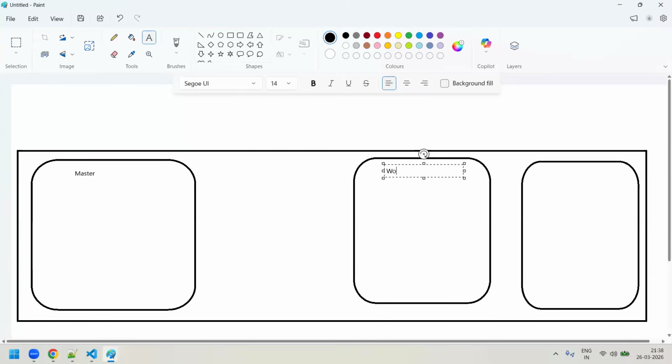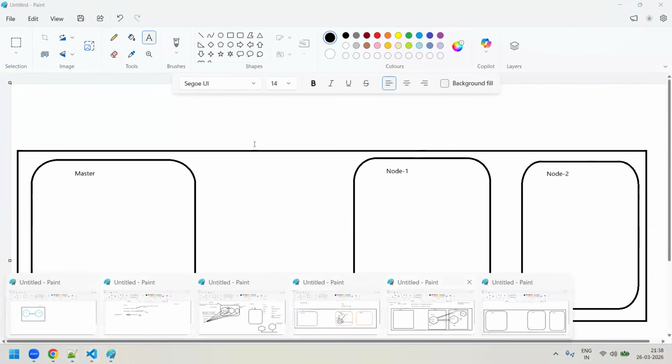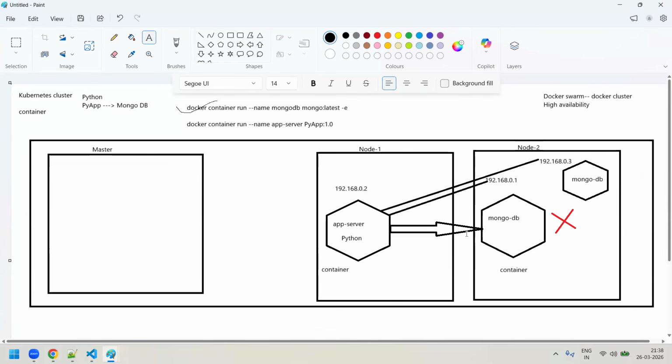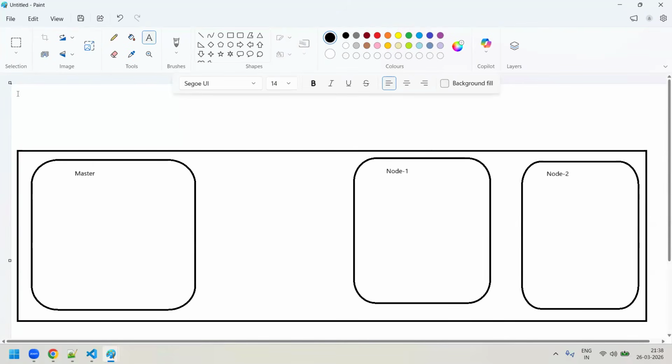This is worker node 1, or I'll just say node 1 and node 2. Now the same thing you were running earlier as a Docker container, I'll try to run the same thing. I'll run this Python application and this MongoDB application within your Kubernetes cluster with the help of kubectl commands. So we run a command like kubectl